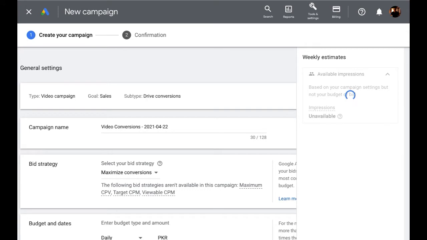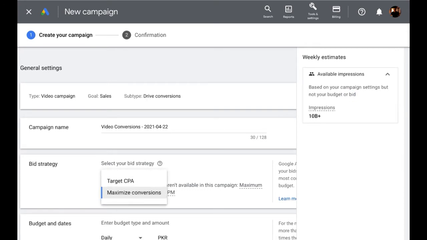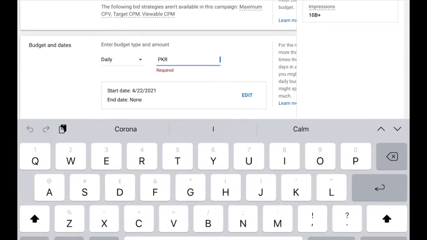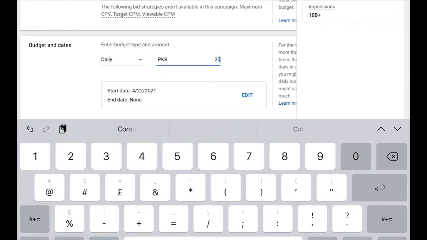As you can see, it says maximum conversions. Start with maximum conversions, guys, if you do not have data, and much later on, move to target CPA. Name the campaign whatever you want. I won't discuss that. This is in my local currency over here. So set up a budget. Always work on a daily budget. So let's say I work on 2000,